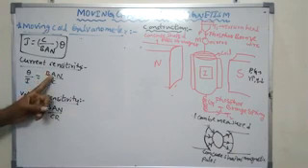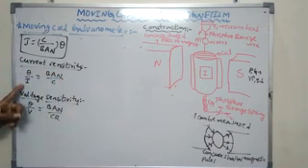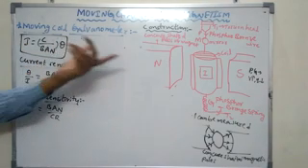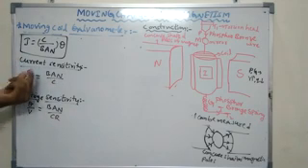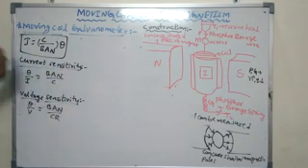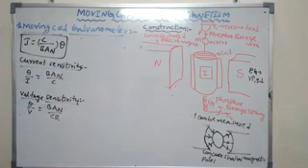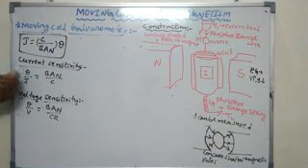Magnetic field, area of the coil, number of turns. If you increase the magnetic field, current sensitivity increases. So with less current also we can measure, up to 10 power minus 9 ampere current we can measure with the help of this moving coil galvanometer. If the area of the coil increases, current sensitivity increases. If the number of turns increases, current sensitivity increases. When the couple per unit twist of the coil increases, current sensitivity decreases.